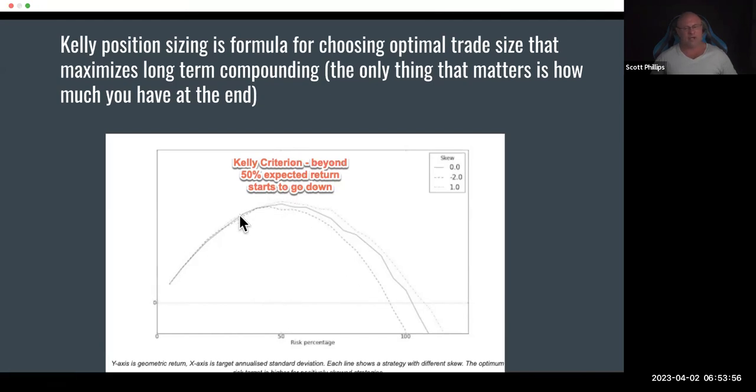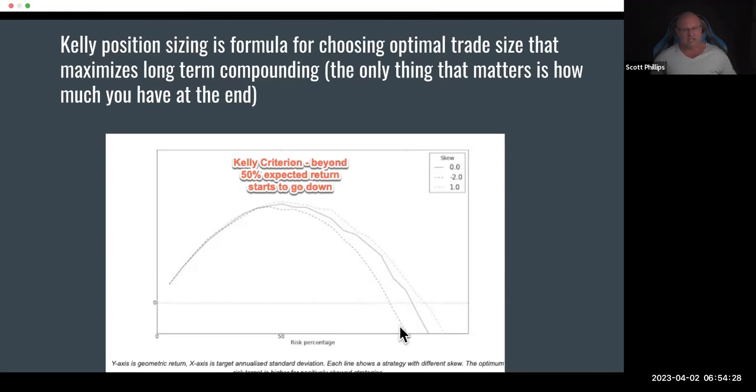Now, this is for our system on traditional finance markets, unfitted, which is about 0.95 Sharpe after costs. This dotted line over here is the positive skew version. This line over here is a negative skew version. So a positive skew version of any system can be traded at a slightly higher leverage, and negative skew systems cannot be traded at as high leverage, cannot be traded taking as much risk. Why? Because they shit the bed when you least want them to shit the bed.